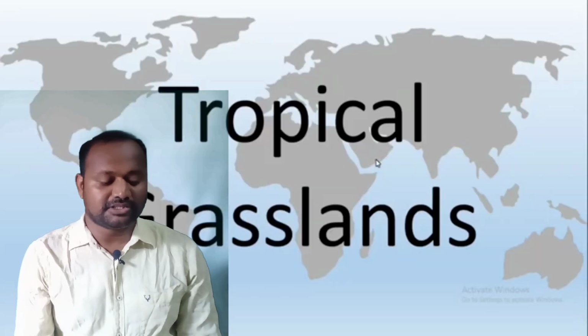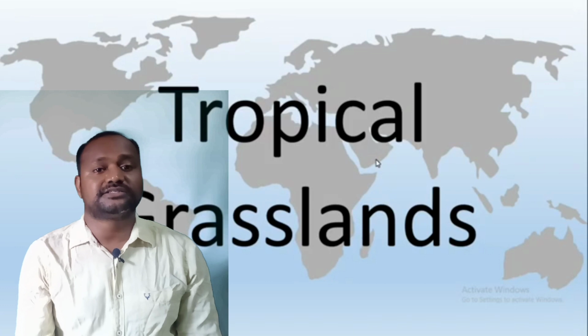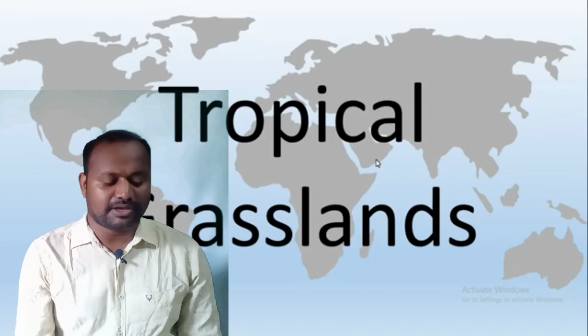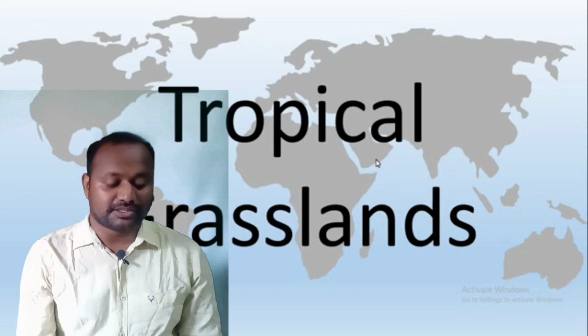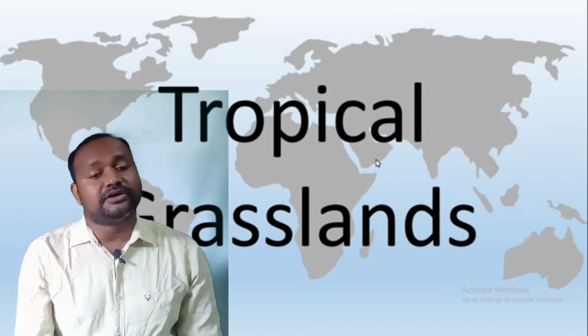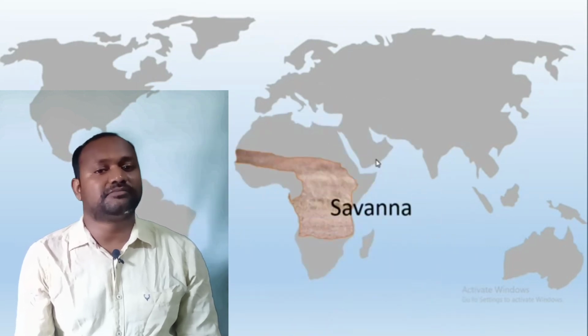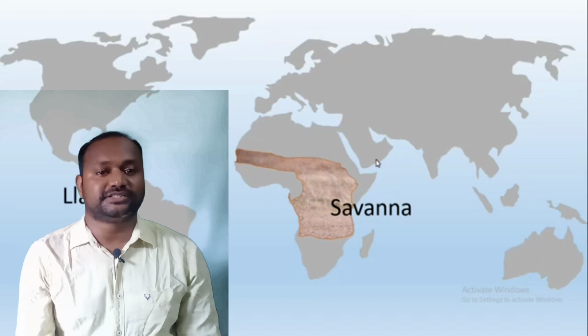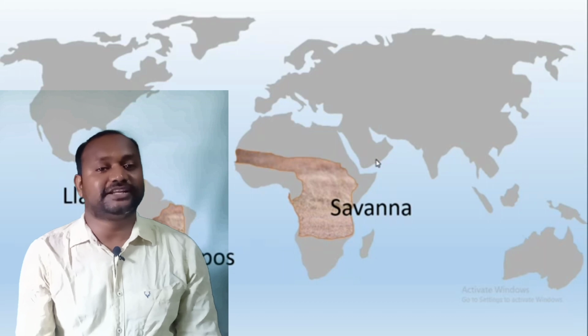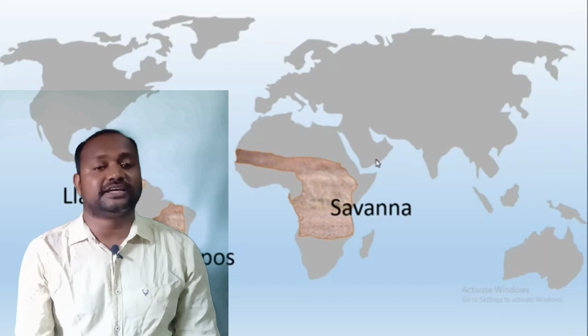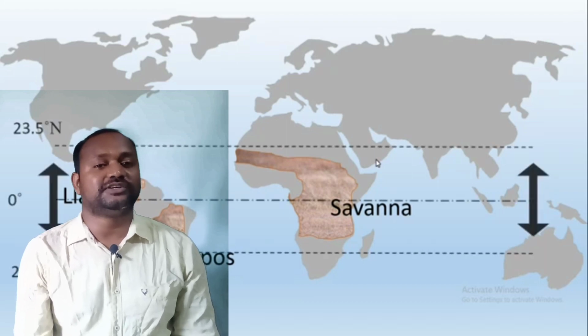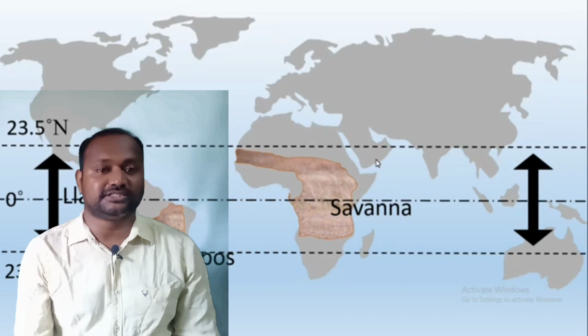These grasslands are covered with tall grass, short grass, shrubs, scrubs and many other herbs also. These are found between different regions. Some are found in the tropical region, some in the temperate region and some near the deserts. Most of the time grasslands are found in the adjoining area of tropical deciduous forest and desert.